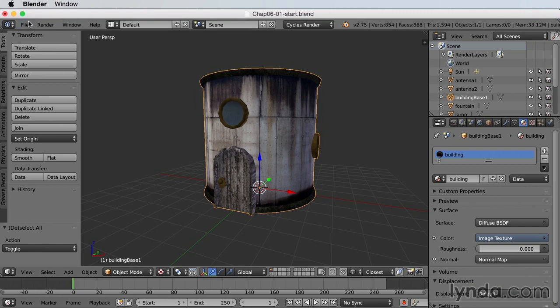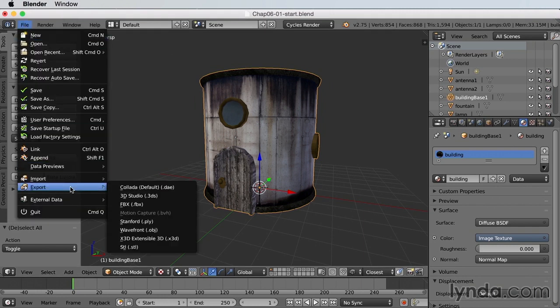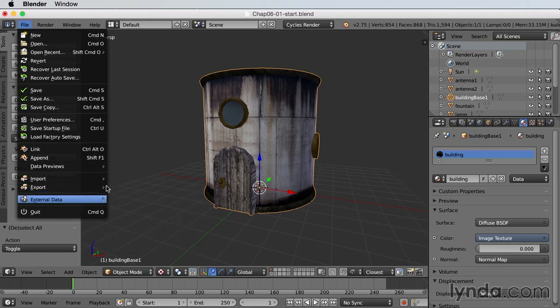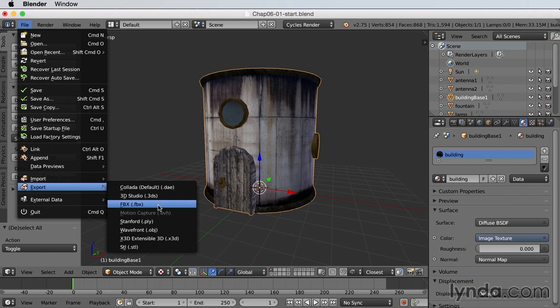And one way to do that is just to go to File, Export. And for our file type, I think the best one to use in this situation is the FBX. And that's simply because when we were dragging our blend file into Unity earlier, Unity was then using Blender's own FBX converter to convert the file to something that Unity could use. So now as we're exporting the individual items, we might as well use the FBX converter now and do the